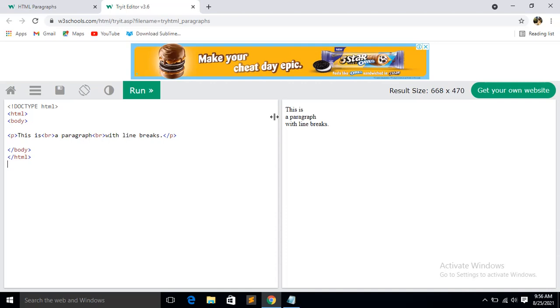Now those who have a computer at home, you practice. Create one paragraph yourself and use the P tag and BR tag together to see the differences. And those who do not have a computer, don't panic and don't worry, because the practical will not come, only the theoretical concept will come.